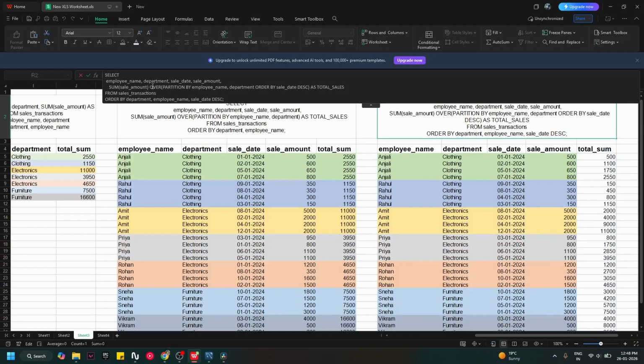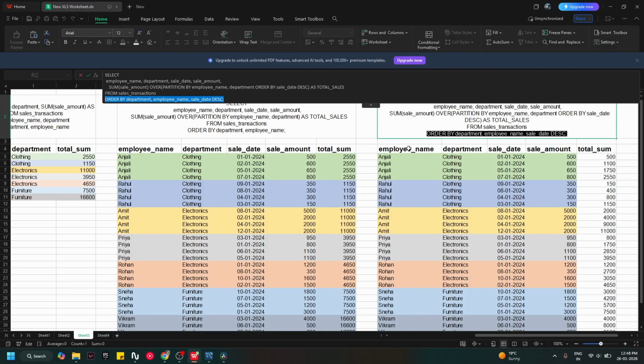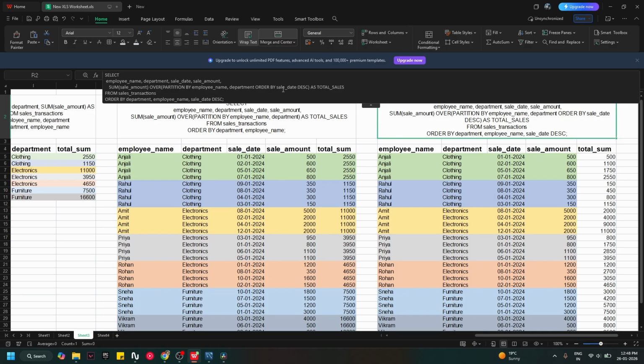Anything inside this over will affect these partitions individually, not the whole table. So this order by will affect the whole table, and this order by and partition by will only affect a partition individually. Okay, now let's see what happens with this order by. When we provide order by sales date,